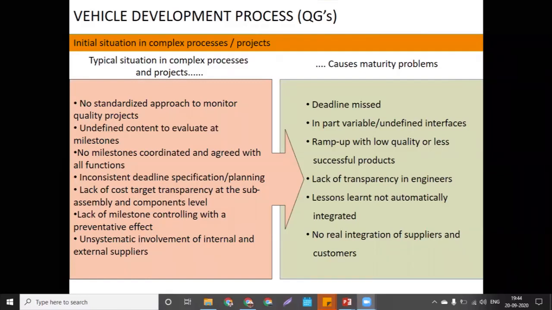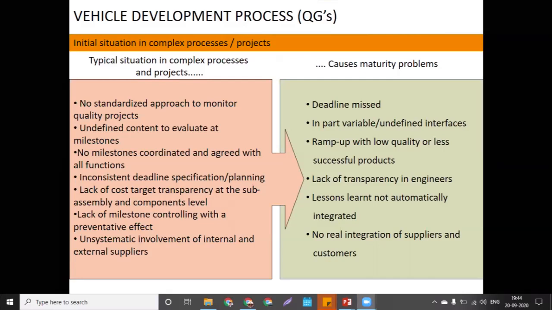So the person who is working doesn't know what to deliver, when to deliver, and how to deliver. So there will be miscommunication between all, and the evaluation at the milestone will be very poor. If you want to evaluate your product at the end of the gate, it will be very poor.